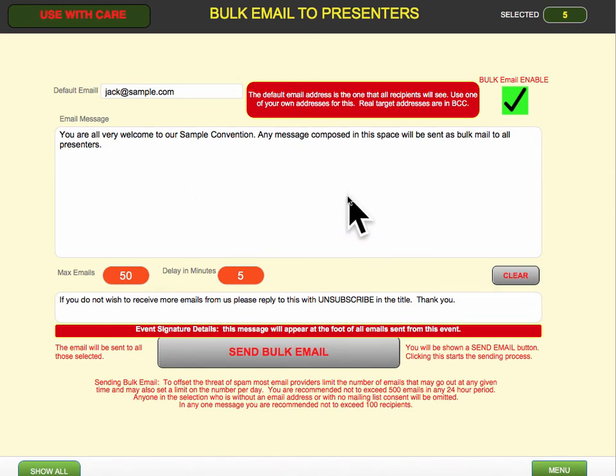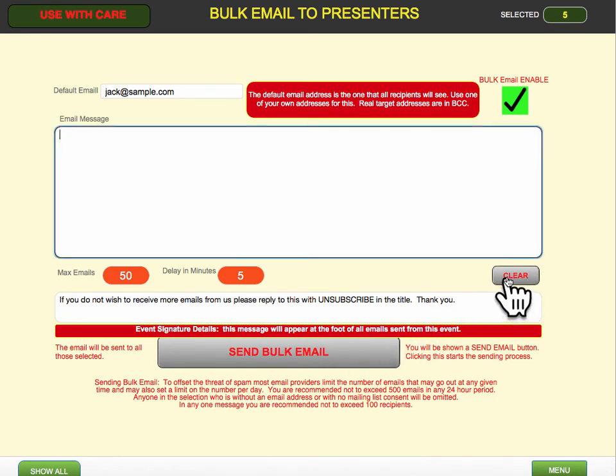Remember, a bulk email means one message going to everybody, so that one message can be put in here. The number of emails going out in groups and the delay in minutes between the groups can be adjusted here as in the events page. You can clear the message here and write a new message if you wish, and then send the bulk email